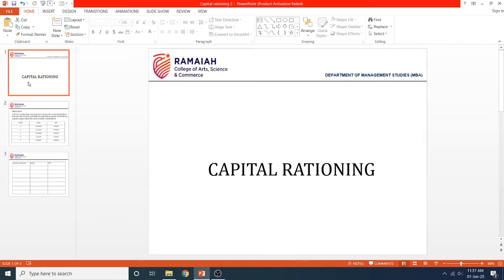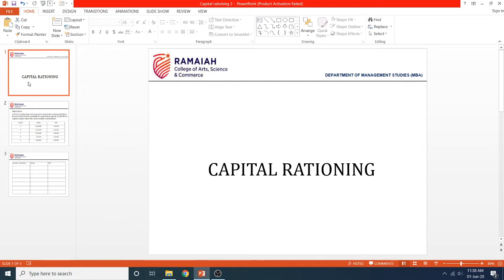So in our previous session we had seen what is capital rationing and how exactly it works. We had also seen a practical problem and tried solving all the capital budgeting techniques, and we implemented all the capital budgeting techniques to a single problem and saw how exactly each and every method or every technique differs. So in our previous session, we had also discussed something called capital rationing.